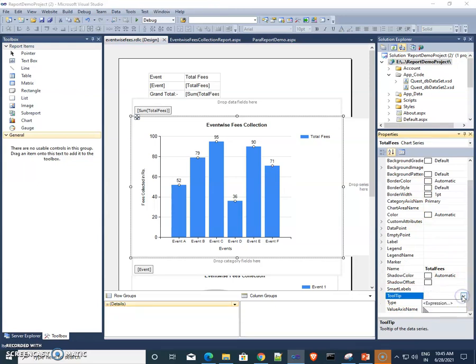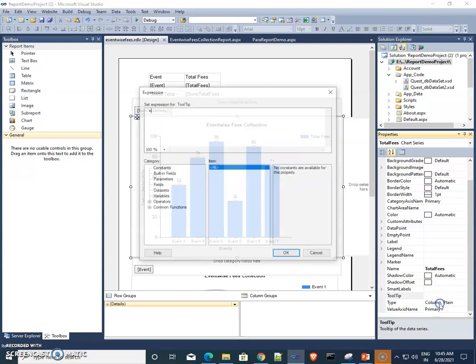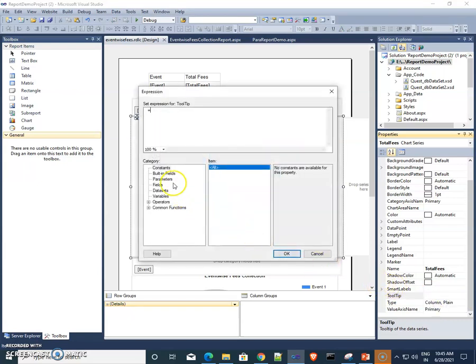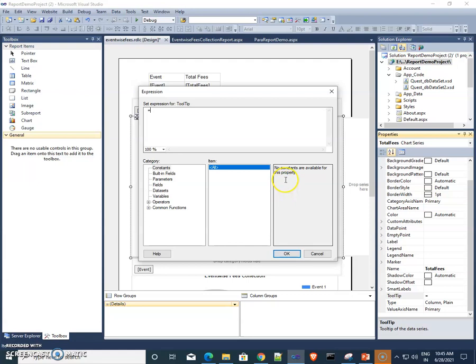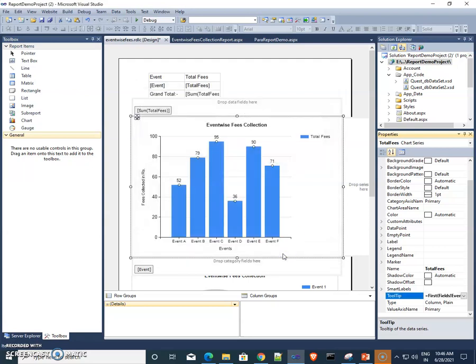From the data set, I am adding one tooltip.